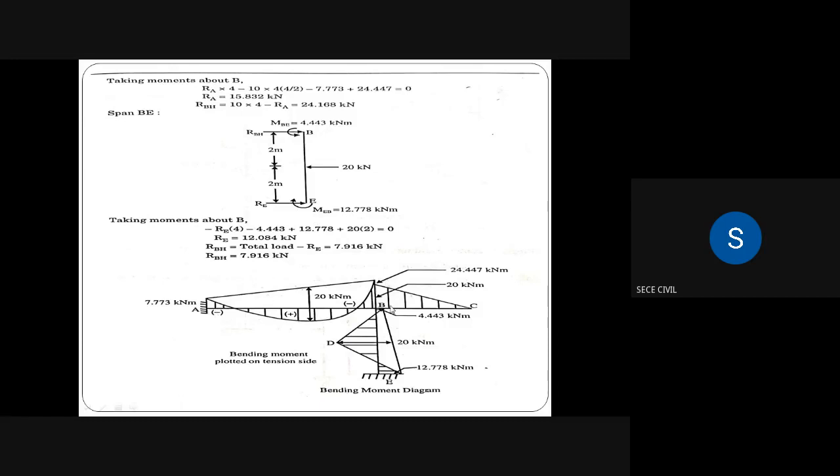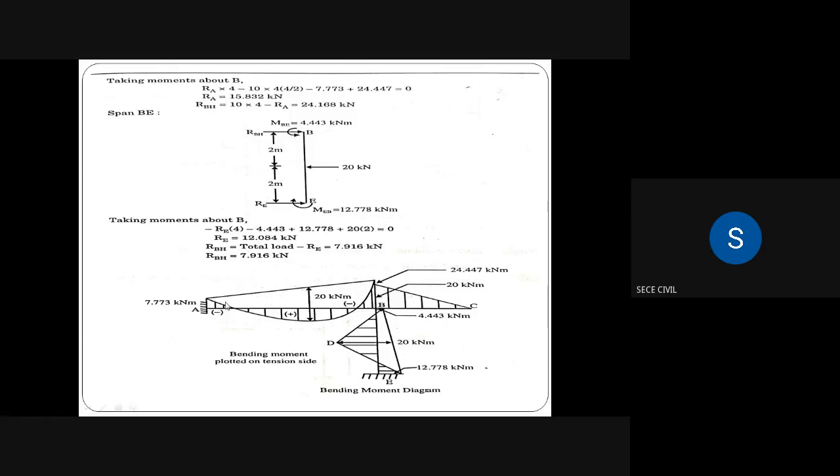After calculation, with all the values, we can draw the shear force diagram and the bending moment diagram. This diagram consists of both the final bending moment diagram and the simply supported bending moment diagram. In span AB, you have moments MAB and MBA. MAB is an anti-clockwise moment, so that is left to right. A negative value means it is above the baseline.